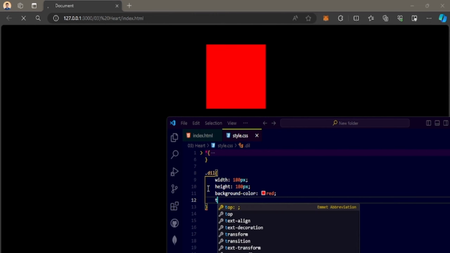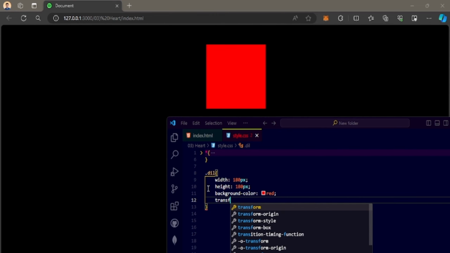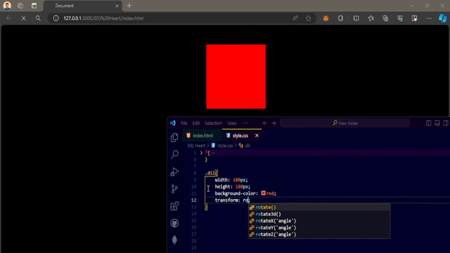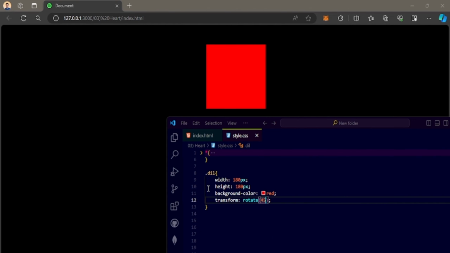then we write transform property rotate 45 degree,